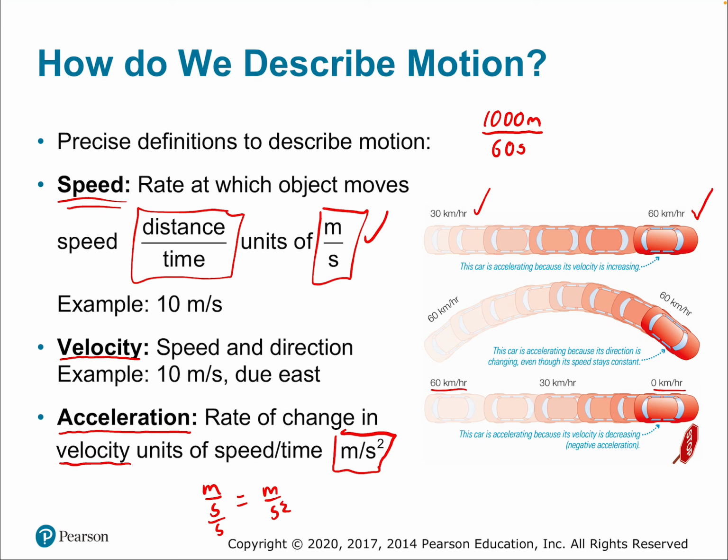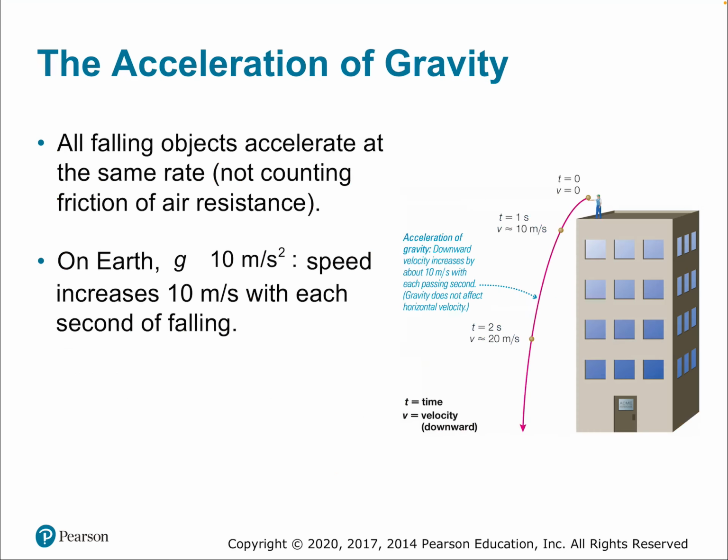And this actually makes sense. This isn't an arbitrary choice because it turns out that the concepts of force, that it takes energy and force to turn, you can't do it for free, means that it's really not that dissimilar from speeding up and slowing down. So, in other words, turning like this is a form of acceleration because your velocity changed. And an example of velocity would be 10 meters per second due east because you know both the speed and the direction. Okay, so with the definitions of velocity and acceleration out of the way, let's give some examples of